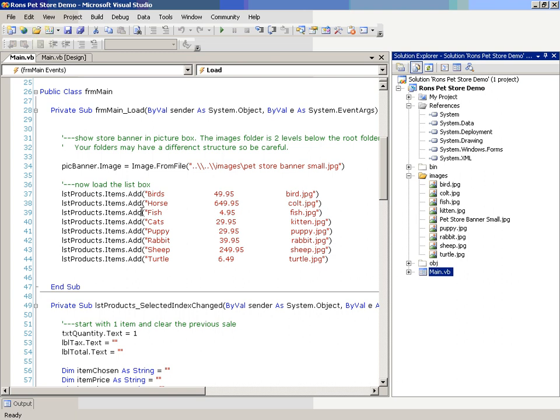Alright? So if they pick fish, I'm going to be able to take this part of the string, fish, put it in one text box, come over here, grab the price, put it in the price text box, and finally come over here to the end of the string and tell the picture box, hey, go get this picture